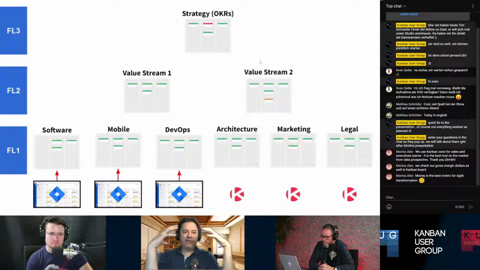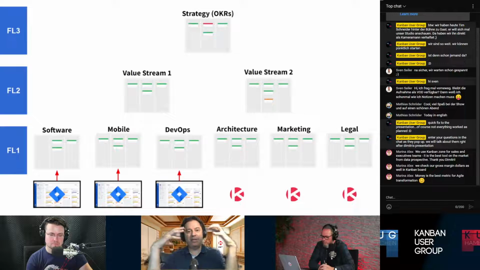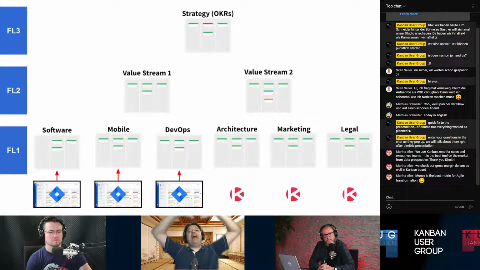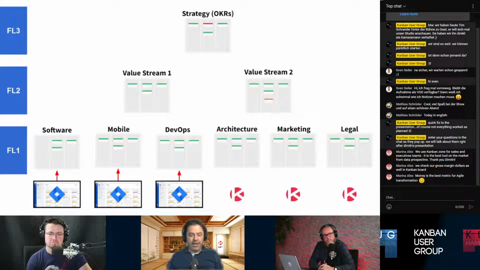And that's the new world we live in. We love helping organizations see their entire picture and then find their bottlenecks with our metrics at each board and work with their teams to say, listen, guys, how can we help you? And this is the model that we're trying to